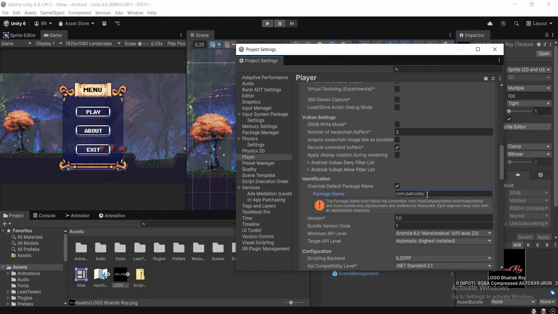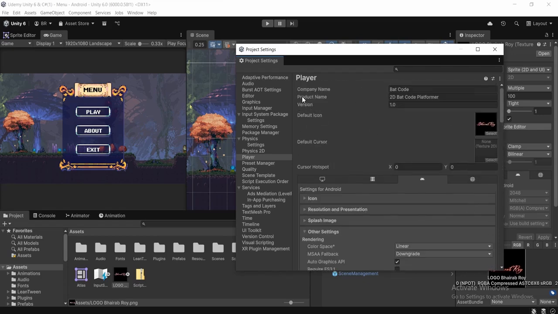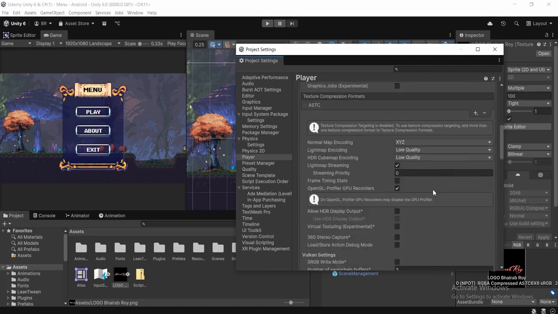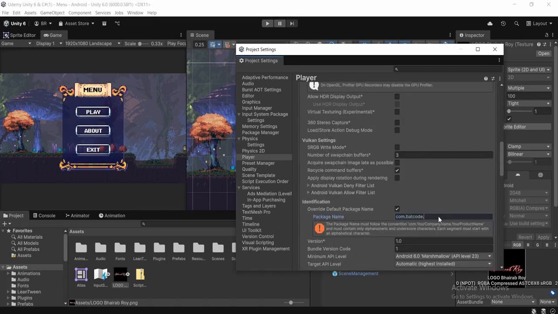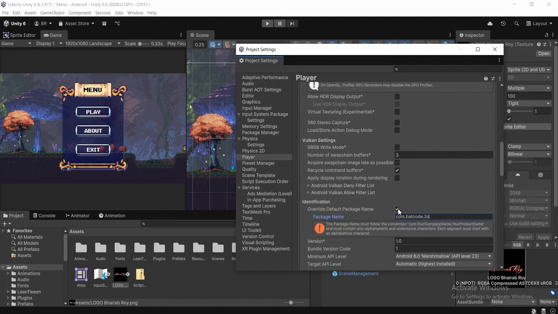Then type dot, and then you need to pass your product name, basically the game name that you named it. To see that, you can scroll up in your player settings and see the product name. In my case this is 2D bad code platformer, so I'm going to pass dot once again, and after typing dot we need to pass 2D,